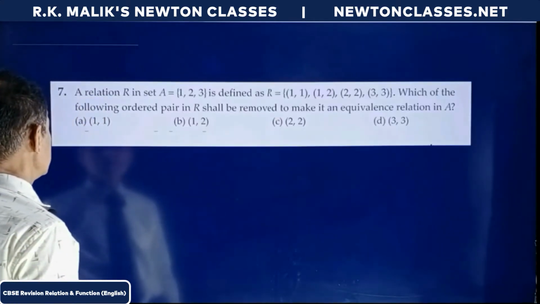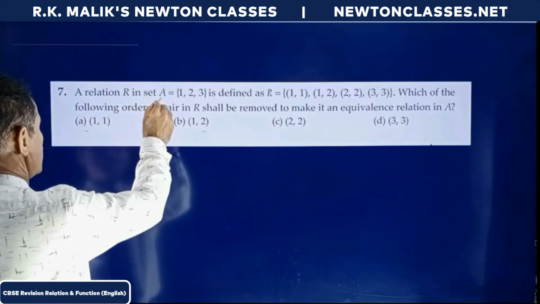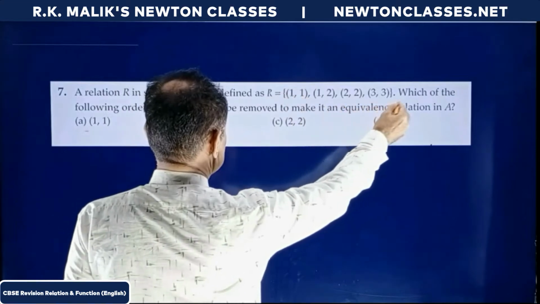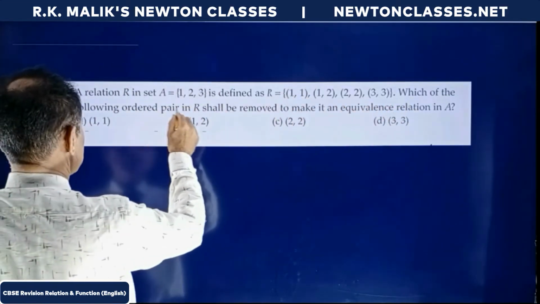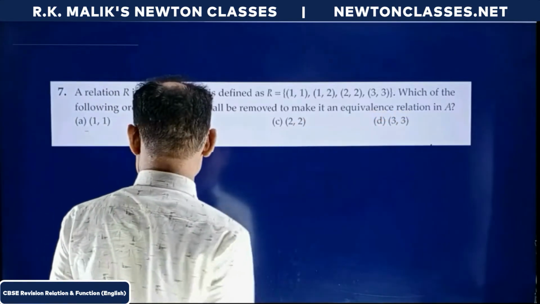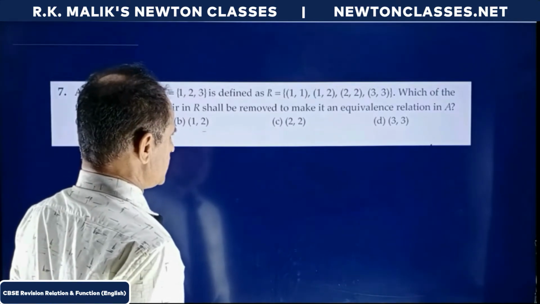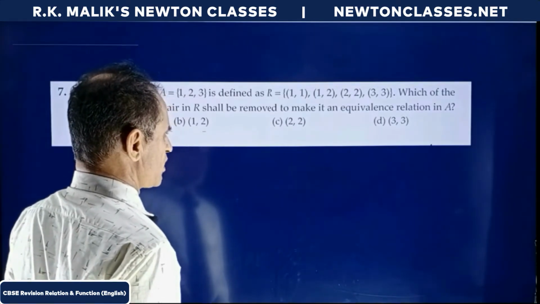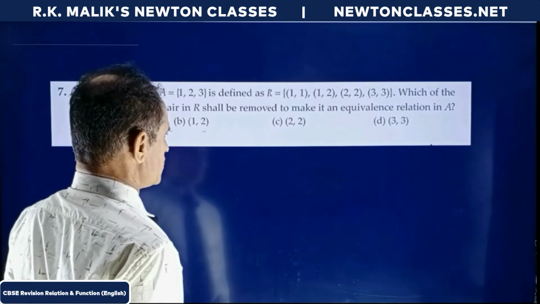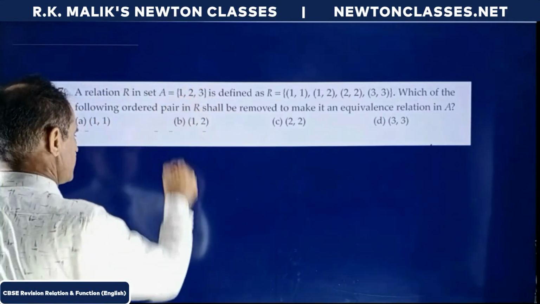In this question, it is told to us that a relation R in the set A equal to this is defined as R equal to this. Which of the following ordered pairs in R shall be removed to make it an equivalence relation in A? It is clear that for a relation to be an equivalence relation, it should be reflexive, symmetric and transitive, all. And for the relation to be reflexive, keeping these elements in mind,